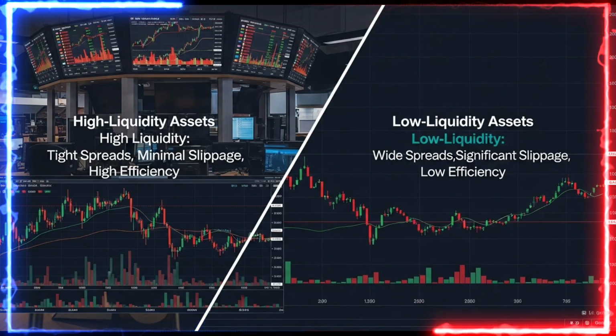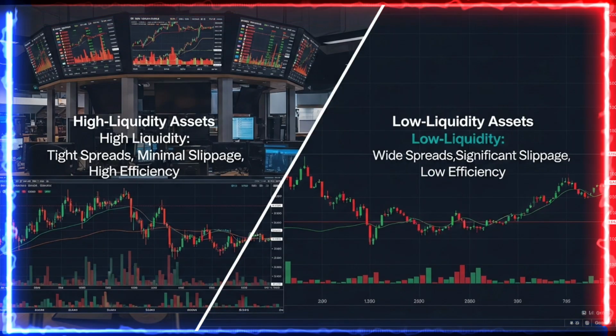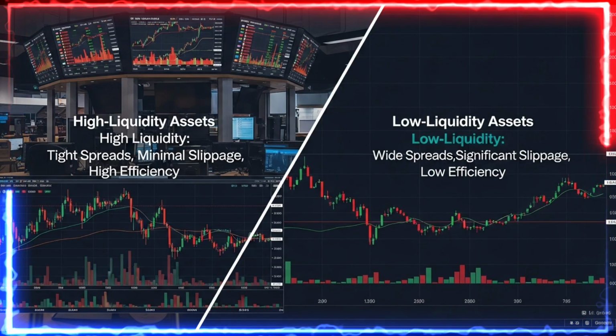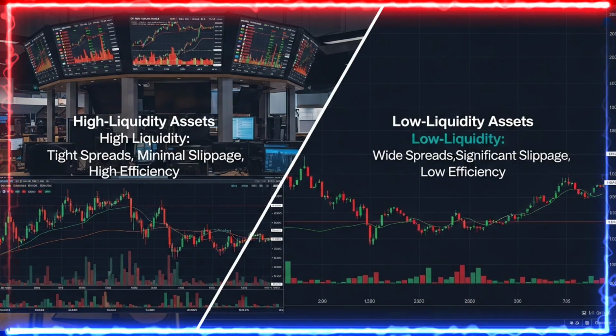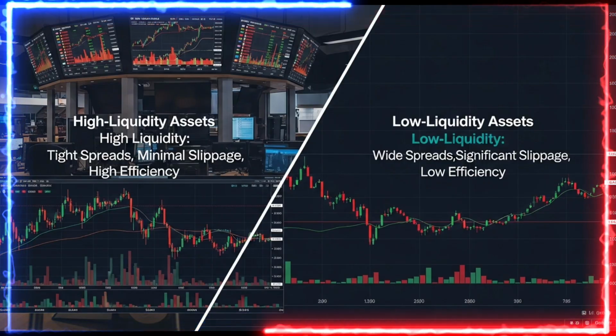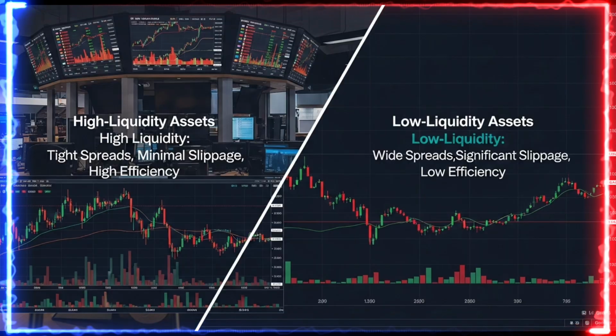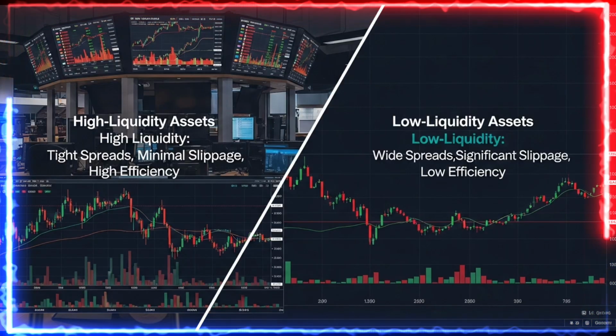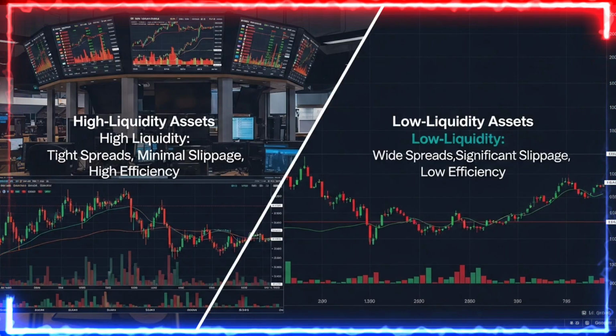So in this video, we'll explain what liquidity really is in technical analysis, why we mark it on the chart, where key liquidity areas form, and how liquidity grab patterns play out. Finally, we'll see how market makers build their models around these areas, so you can start viewing the market the